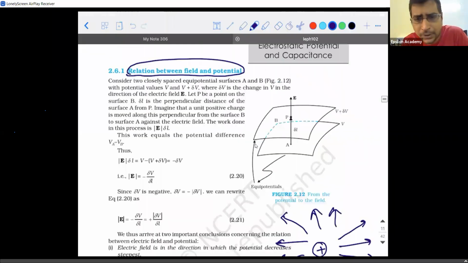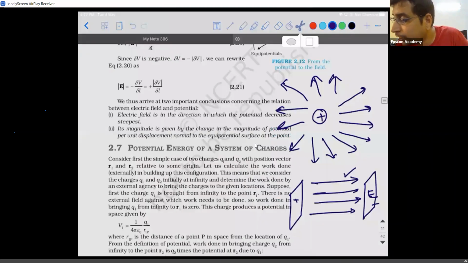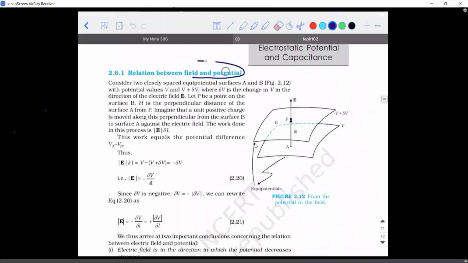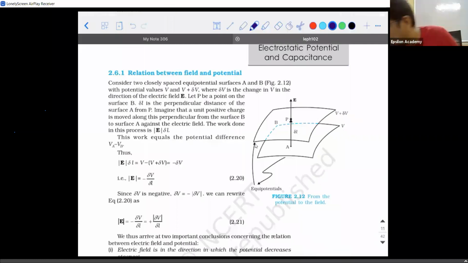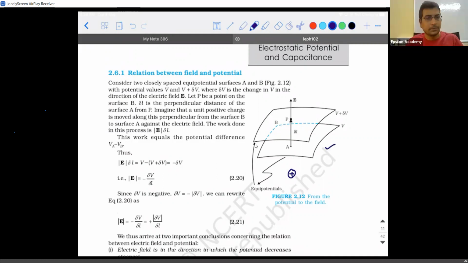It's a very simple derivation. Concentrate, guys. It's a very, very simple derivation. Okay, shall I start? Yes, sir. Now see, I'm talking about a surface. Let's say there is a charge distribution here. I don't know, let's say there is a positive charge present here. So due to the positive charge present here, at some distance from it, there will be a spherical equipotential surface. Accepted. So a part of the spherical equipotential surface will look something like this. Accepted. Yes, sir.